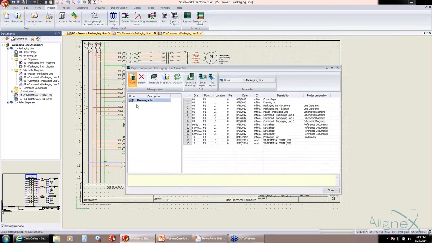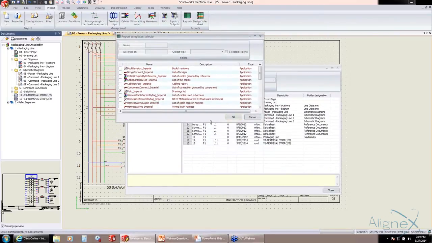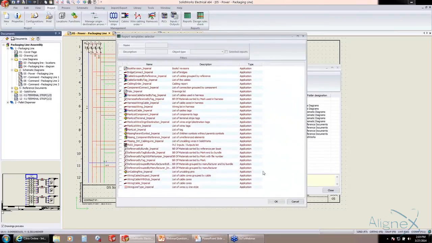We have a full list of out-of-the-box reports that are available. This system does run on SQL, so we have a great amount of flexibility to make customizations to new custom reports that we may desire. We'll show you a sampling here of some of the types that we have. I'm going to do a wire list for us, maybe a cabling list, a couple of different bills of material,